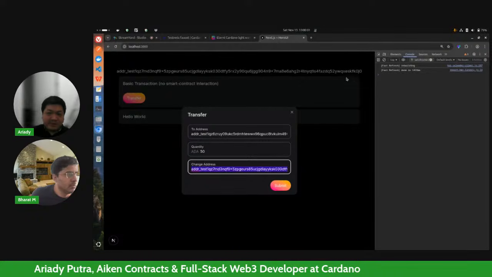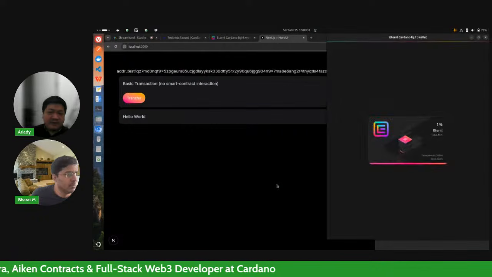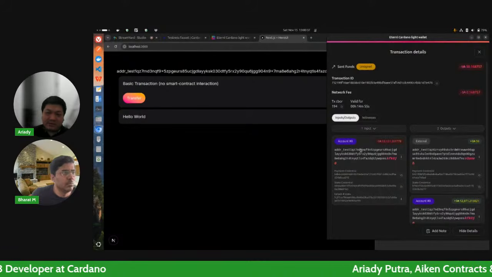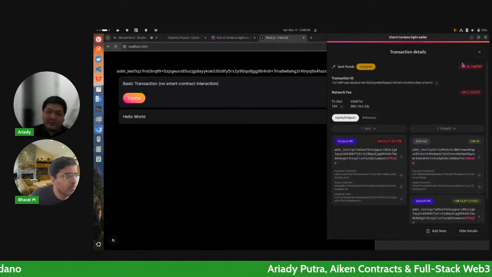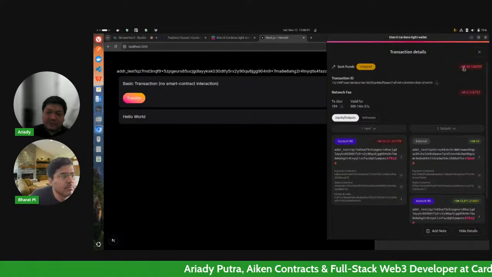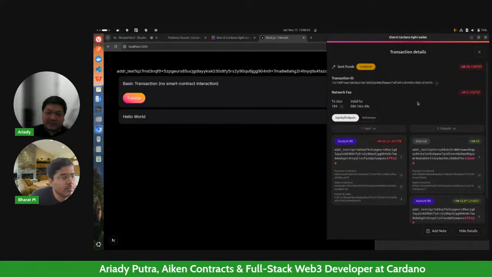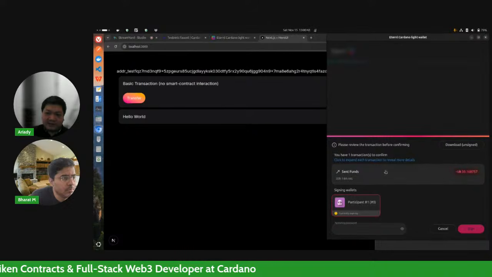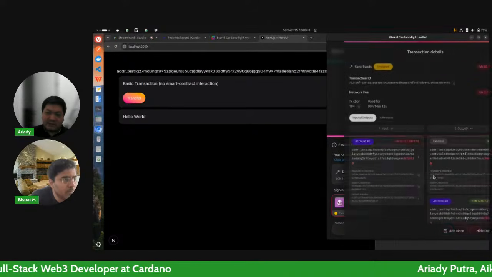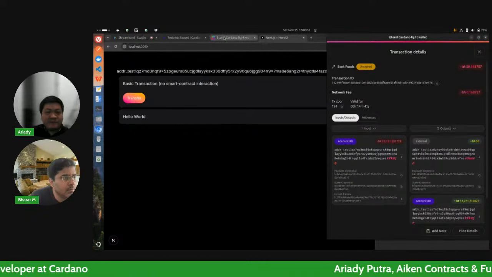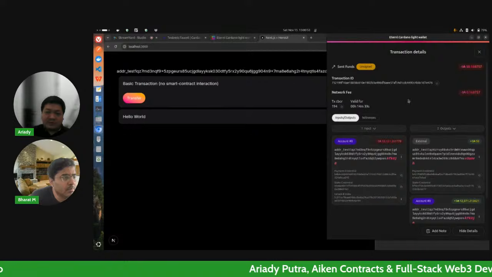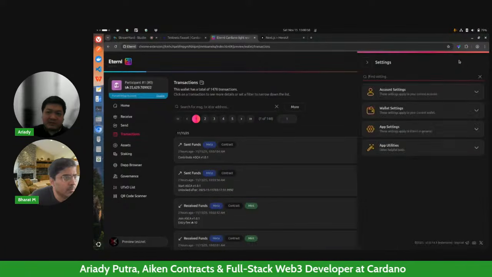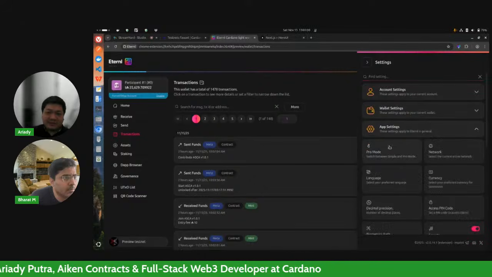This is the same address as your connected address, and if everything is working properly, you should see this kind of pop-up. If the transaction detail is not shown to you automatically, you can click on this thing, send funds. If you want to have this show up automatically, you can go to your Eternal, go to settings, and then app settings.